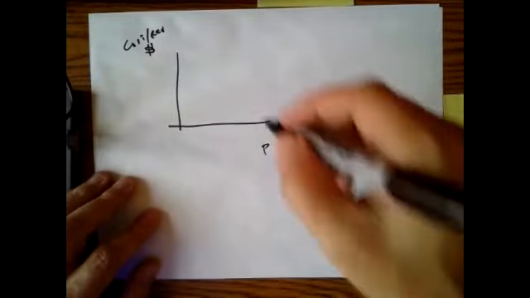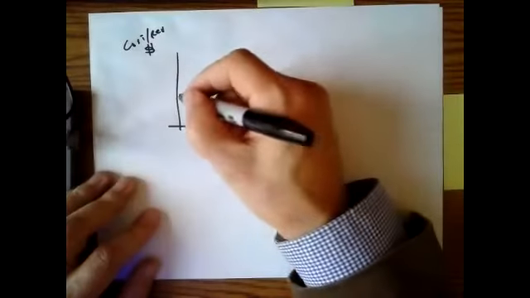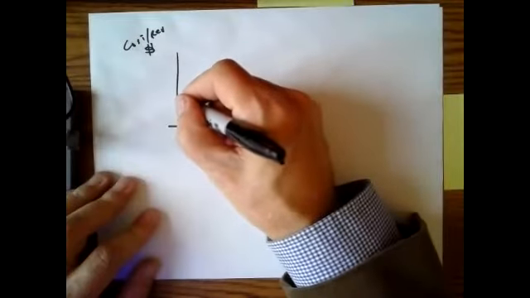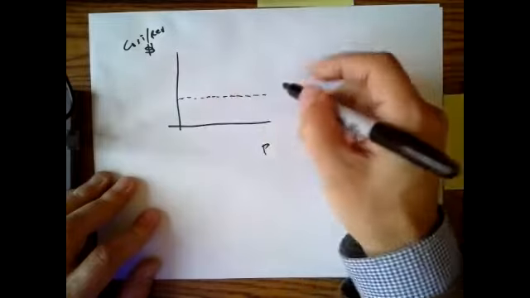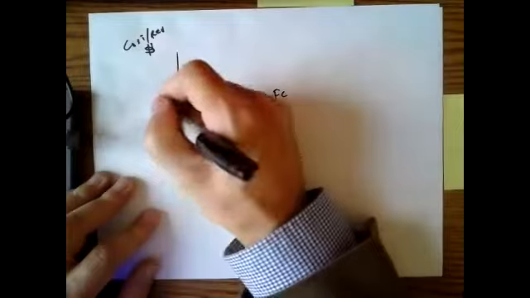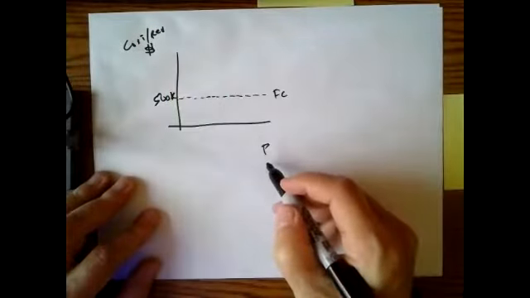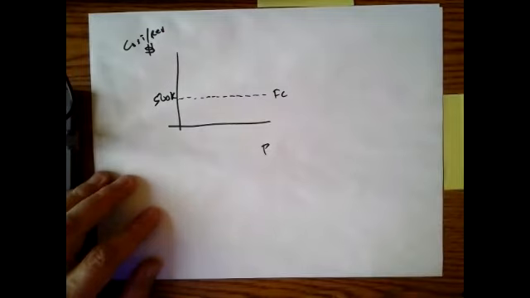I always start, when I explain this, my drawing with fixed costs. Fixed costs come in as a horizontal line. Why? Because they don't change with the number of procedures. They're 500,000 whether you do one procedure or 1,000 procedures or 10,000 procedures,